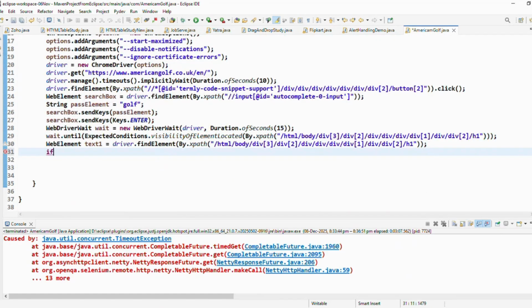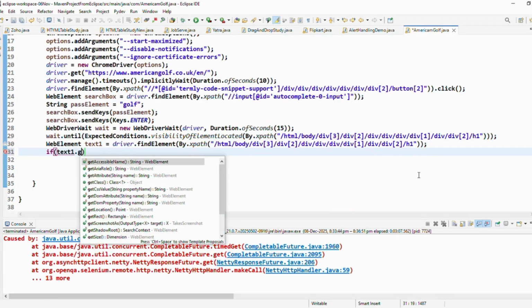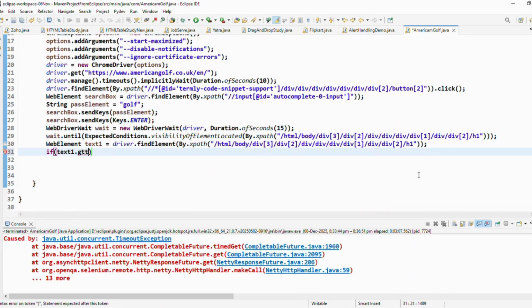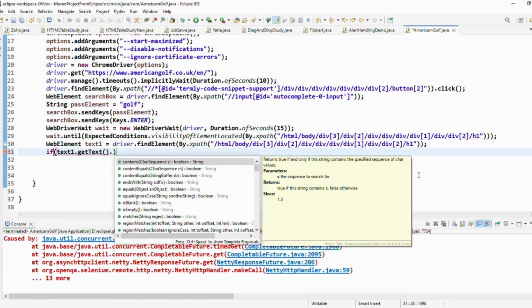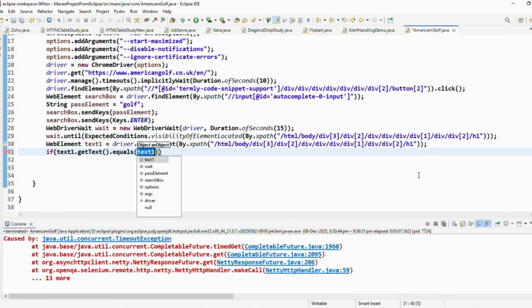I will say if text one dot get text dot equals